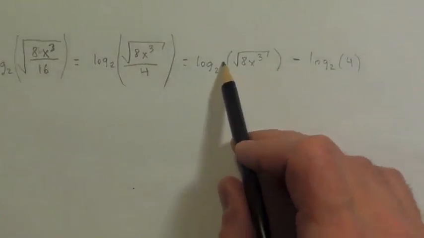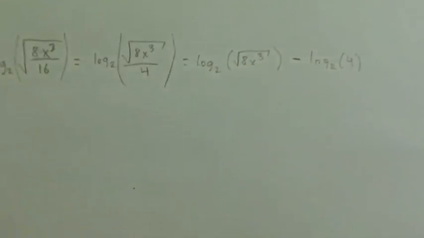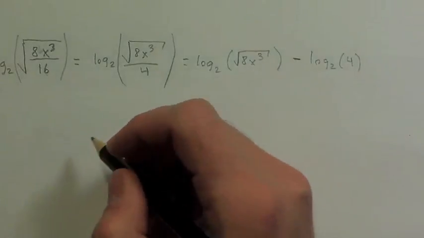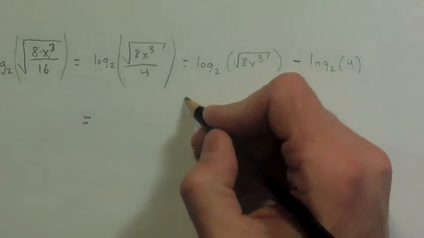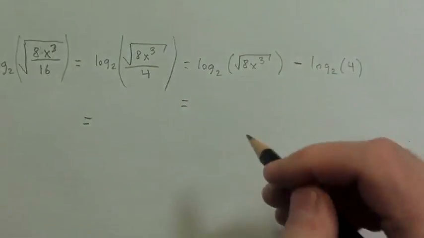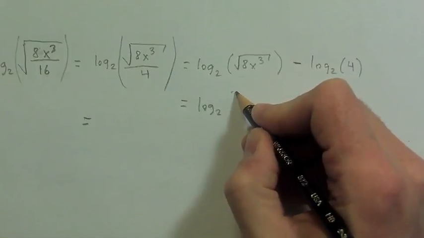Okay. This one though, this whole thing is being square rooted. So remember last time that square root came out as a 1/2, and that's actually one of the nice things about these log properties, so let me do it here, is that we can get rid of square roots. Right? So this will be